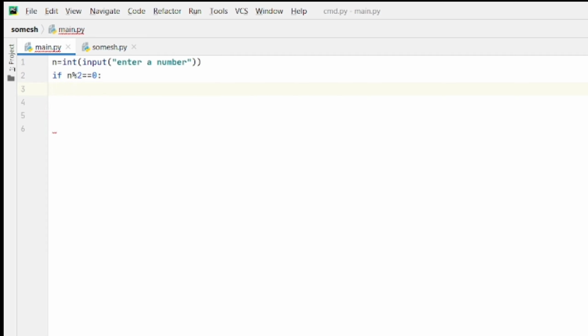It is even. If it is even, we have another condition to check whether it is greater than 20 or not.